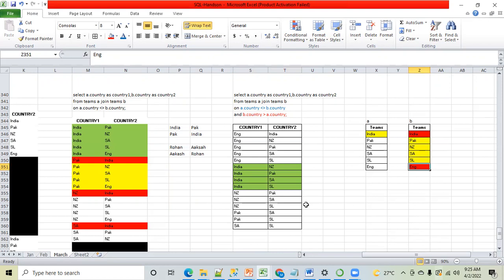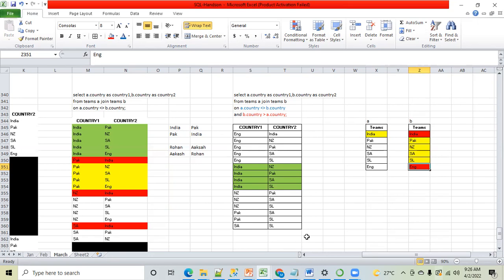You are correct, Tanvir, that India, England and England, India both make the same sense. You are correct from the business use case. But I'm asking why India in combination with England is not coming here. Do you have India combination with England here? England combination with India is present here. But India combination with England, is it present here in this data set?